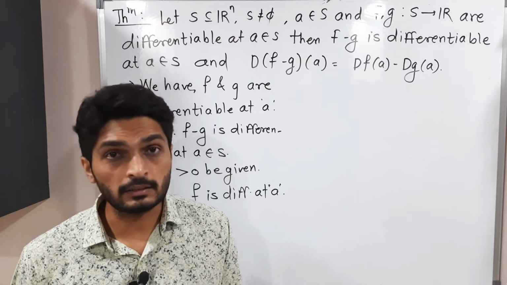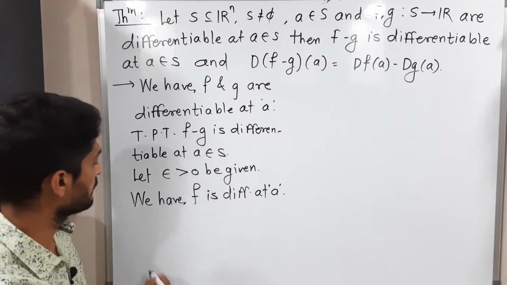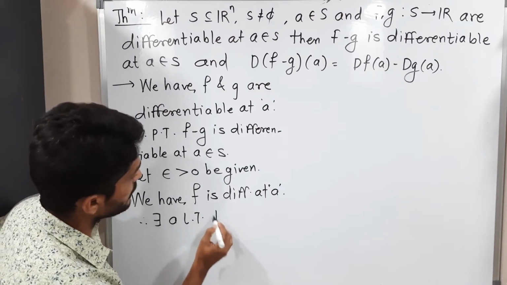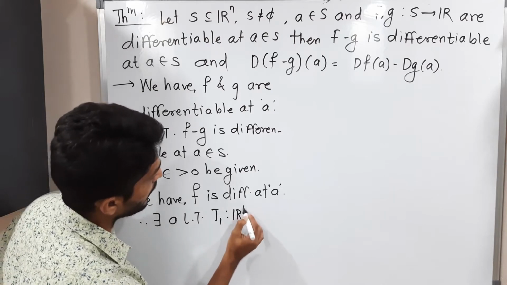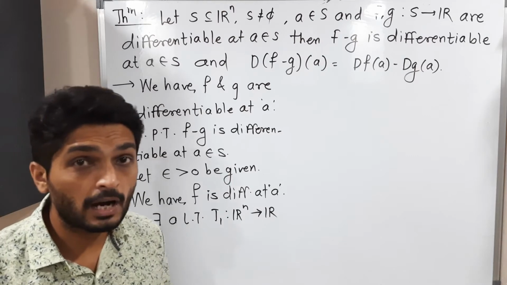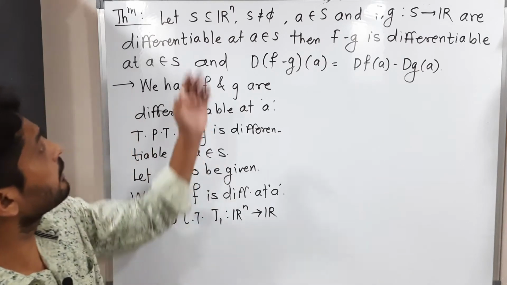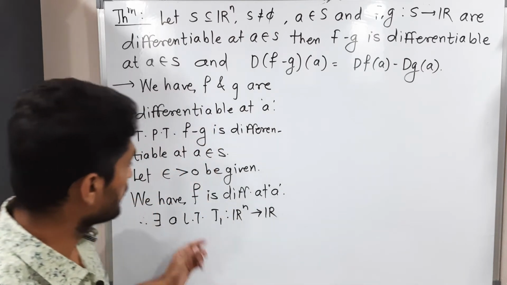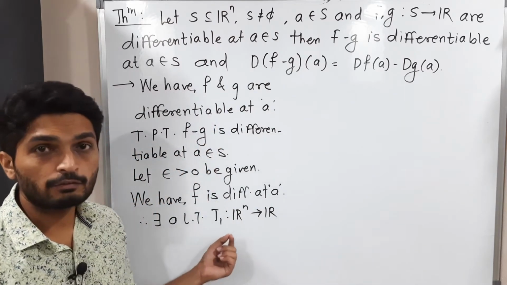There exists a linear transformation T1 from Rn to R, because the function is also from a subset of Rn to R. So that's why there exists a linear transformation T1 from Rn to R